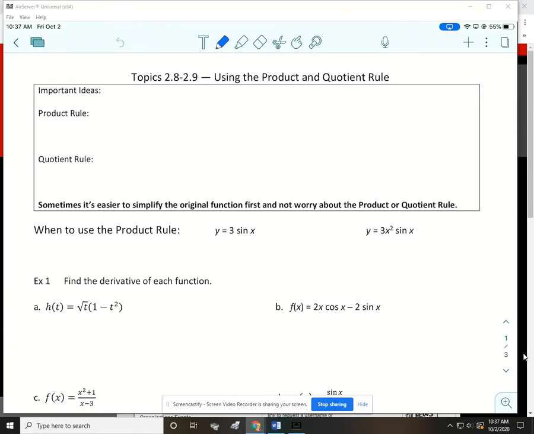All right, today we're going to talk about the product rule for finding the derivative and the quotient rule. So the product rule is a little bit easier to remember. So if we want to find the derivative of a product,